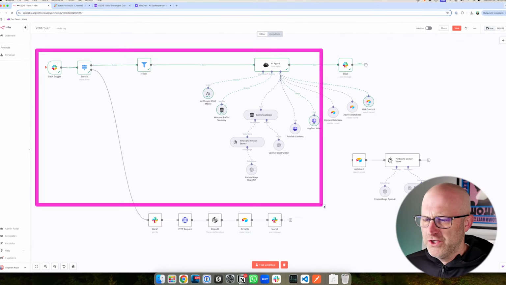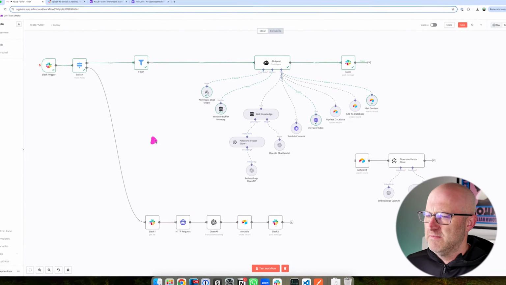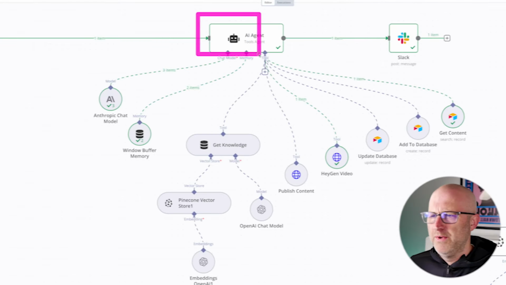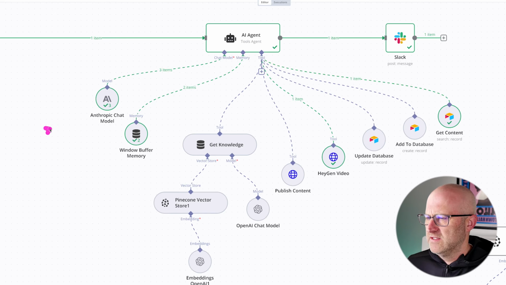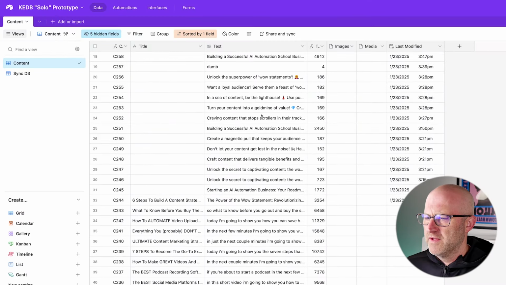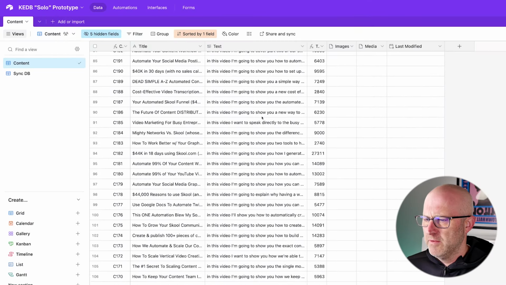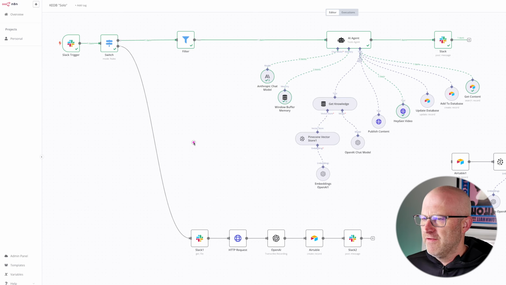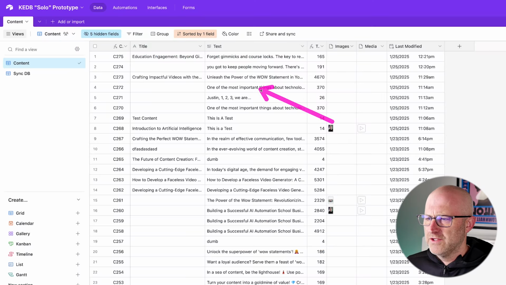In this video, I'm going to show you a fully automated content system that generates revenue for your business. We'll build this AI agent powered content system step by step in n8n with Slack so you can manage the entire process naturally, and we'll automatically store all of the content for repurposing in Airtable. By the end of this video, you'll have a fully functional content system that allows you to store new content